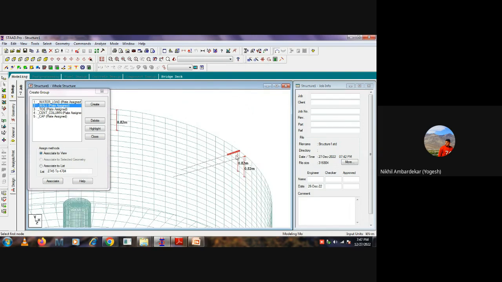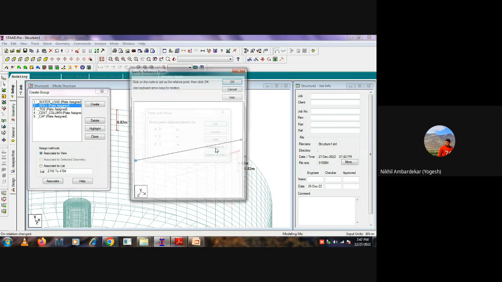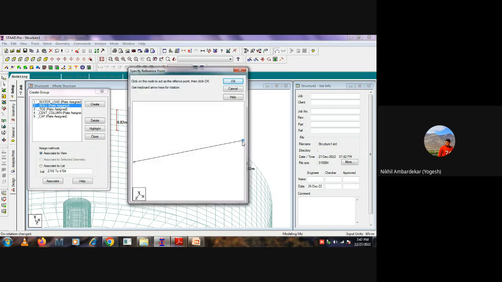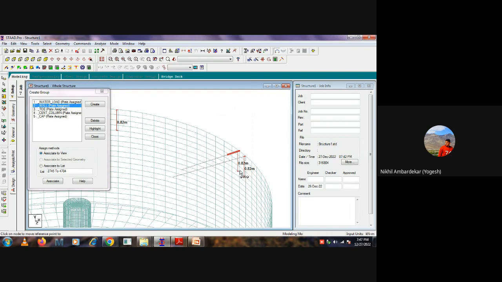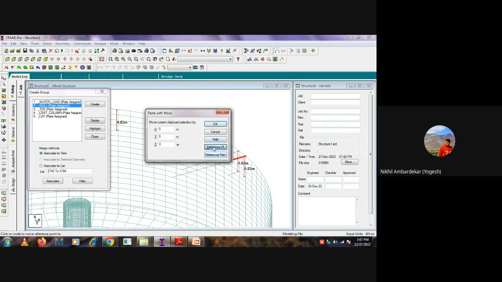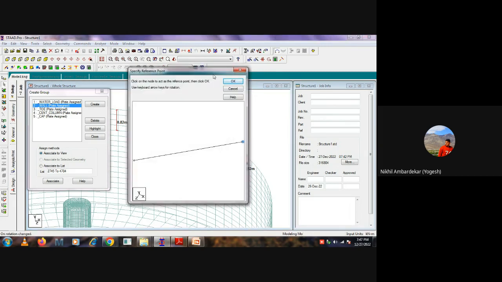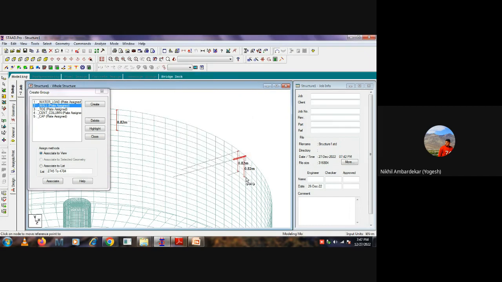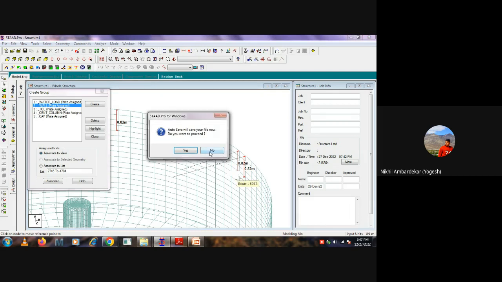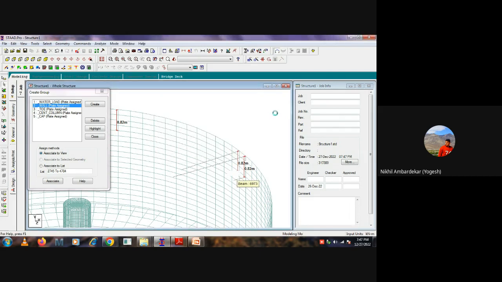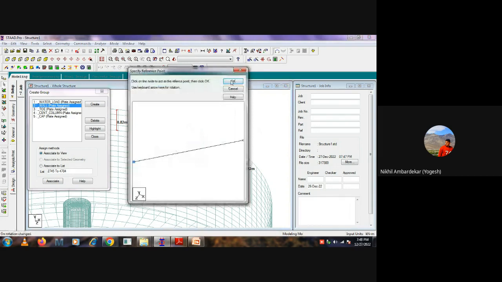And copy that to this node. I will select this beam, copy to. Okay. Now again, I will select. Yes, I want to save this. Okay. Now again, I want to copy this beam with reference point, the last point,